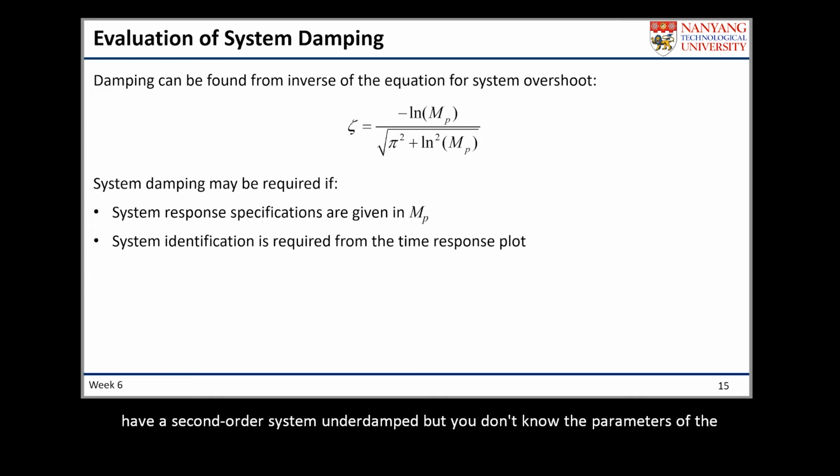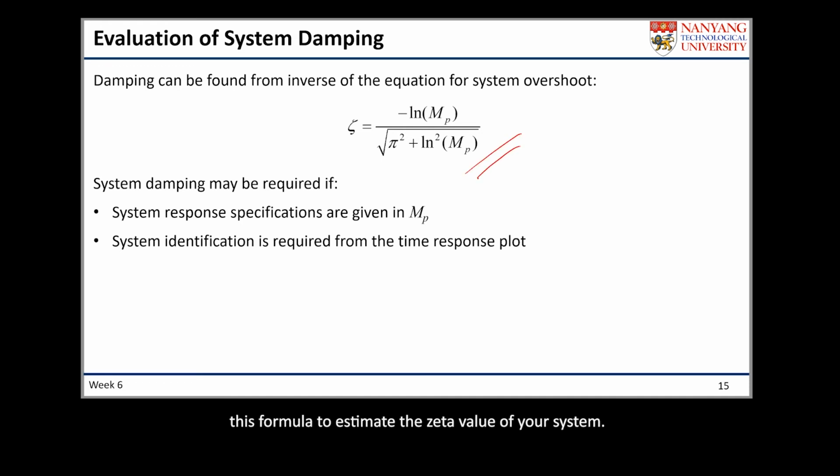So imagine you have an underdamped second order system, but you don't know the parameters of the system, you don't know the zeta, and you want to find the zeta value. What you have to do is give a unit step input to the system and record the response. After you record it, print it, take your ruler, and measure the maximum overshoot. After you get the maximum overshoot, you can use this formula to estimate the zeta value of your system. Okay,